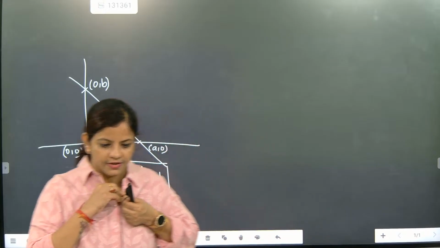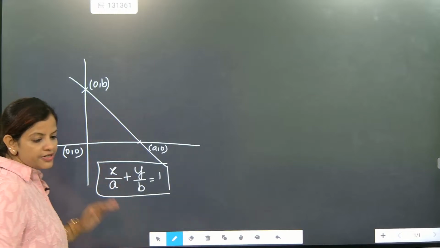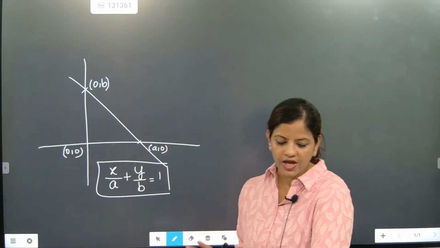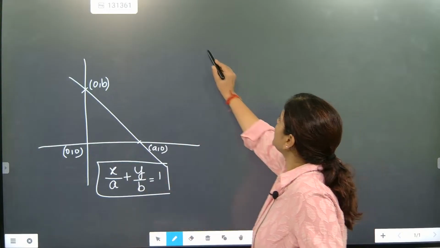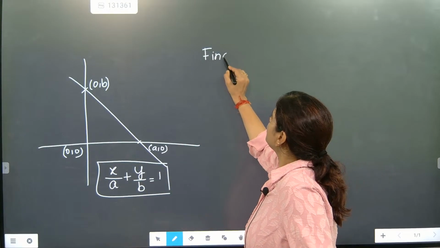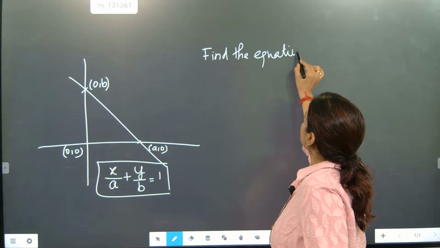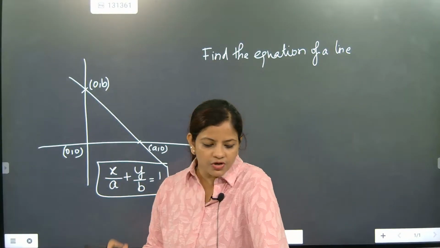Yes. So now look here. What we are going to do here is, this is the intercept form of a line. Now, for solving with the intercept form of a line, what work do we have to do? So now the first question I'm going to solve. Find the equation of a line